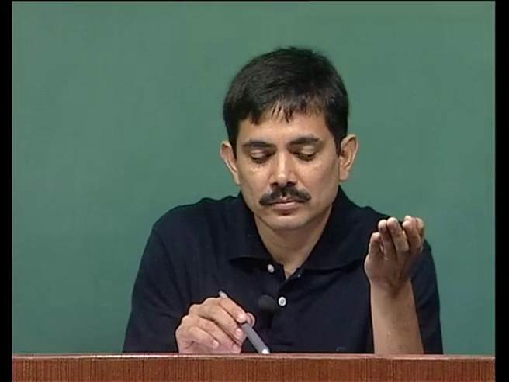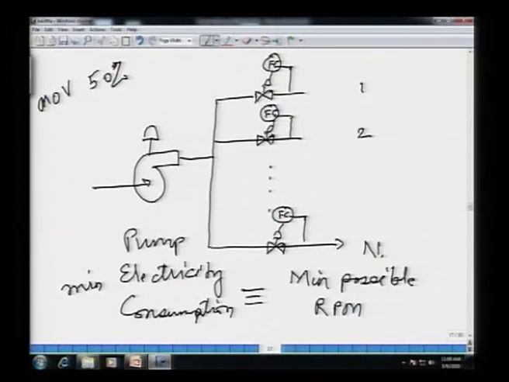So, if the most open valve is only 50% open, what that means is I can reduce this RPM. If I reduce this RPM, pressure here would decrease, flow across the valve would decrease, and in order to maintain the flow that is demanded by the process, the flow controller would open the valve. Okay. So, till when can I continue to decrease this RPM? Well, to reduce the RPM till the most open valve becomes nearly fully open.